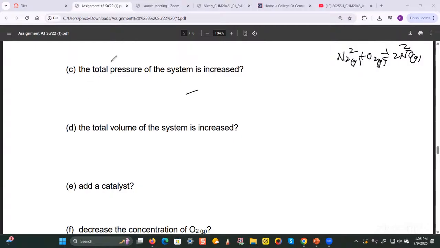There will be no change, right? So therefore, no change. Because it's already at equilibrium, right? Right, exactly. It's already at equilibrium and you change the total pressure. So because of the fact that you have 2 molecules of gases on either side, that means that there will be no change in the equilibrium position